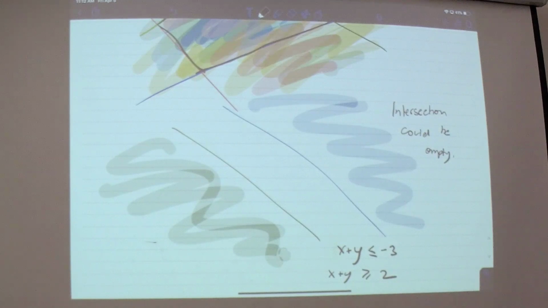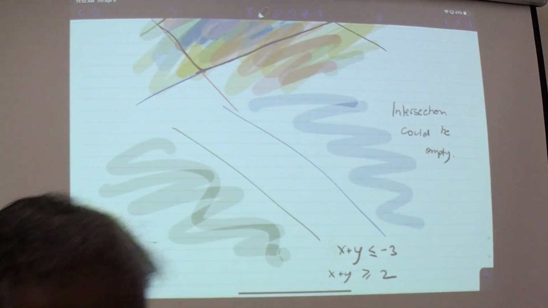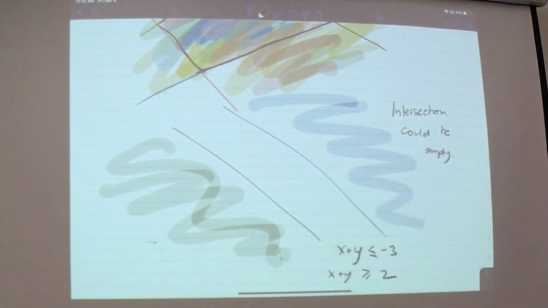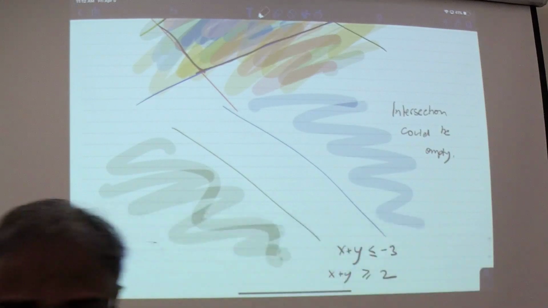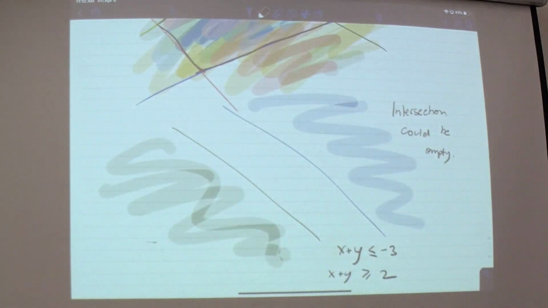So this is convex, because if I take any 2 points here, it stays inside. There's something in this room that's very obviously not convex. Look at this table here. This is not convex. If I take a point here and a point here, the straight line connecting them does not go through the region, it goes outside. So things that have little bumps in them are non-convex. Things that are kind of more roundish, always going around, are convex.